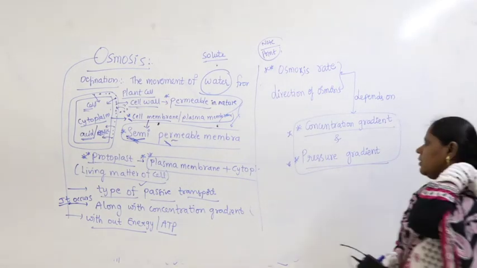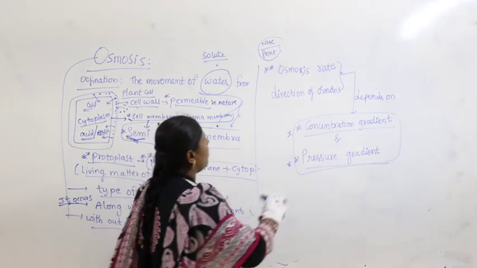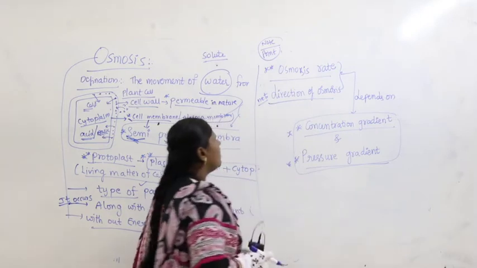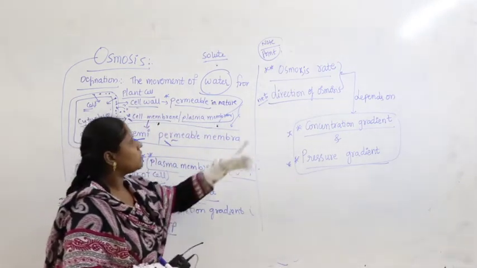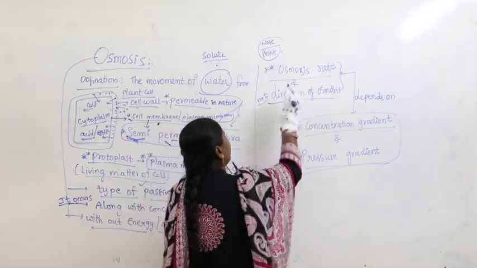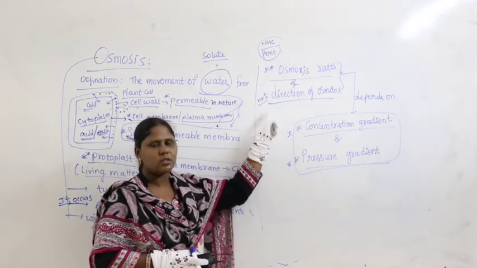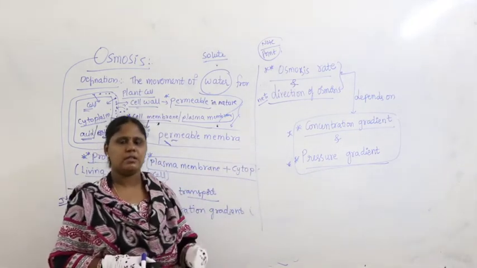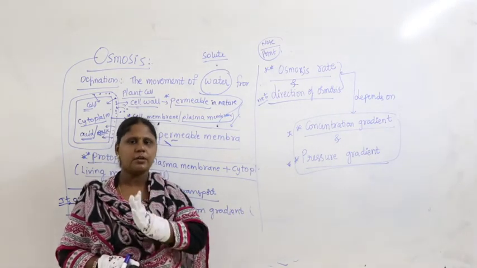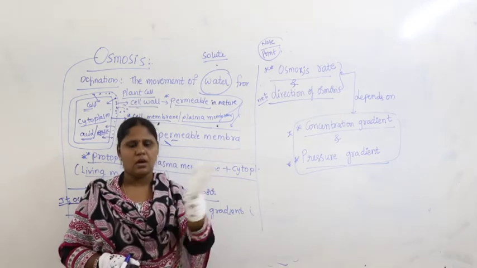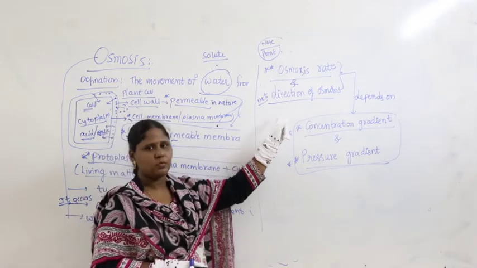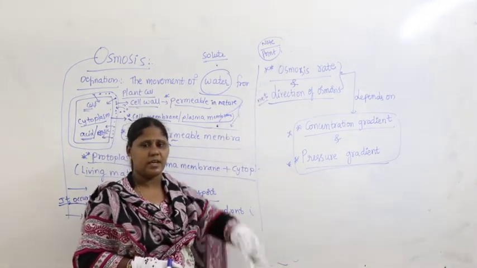What we are discussing here, look at here. So we say osmosis rate and net direction of osmosis. What's the meaning of this? How much osmosis is taking place, the osmosis rate, and the net direction of osmosis. Osmosis is moving from which cell to which cell? For example, again we take 3 cells, cell A, B, C. So the net direction of movement of osmosis: from where to where is it moving? How much osmosis rate has taken place?